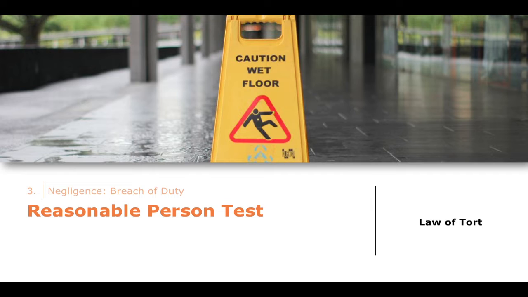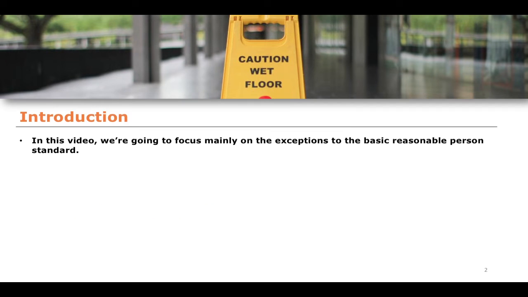But it is not always the case that the courts are reluctant to adjust the standard lower. And this is what this lesson is going to be about. It's going to be talking about circumstances where we talk about the exceptions to the basic reasonable person standard. And by exceptions, I mean circumstances in which the standard is lowered. The most pertinent of this relates to children as defendants.